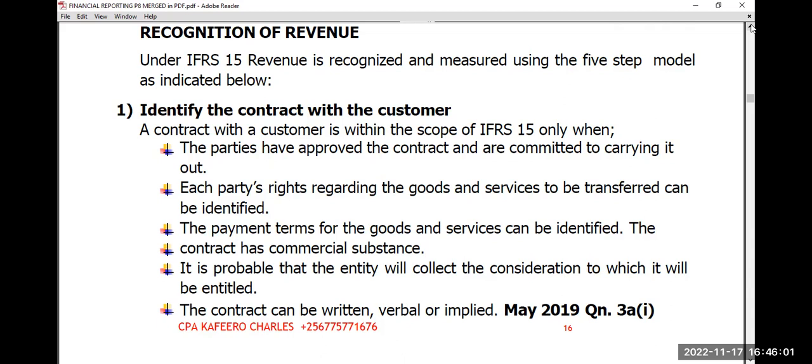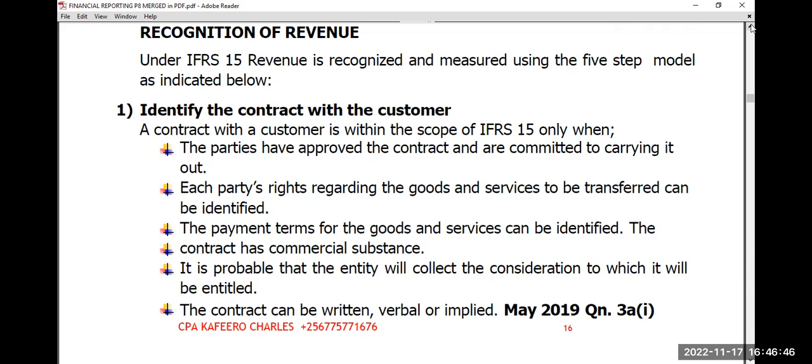Then the second one we are talking about is that each party's right regarding the goods and services to be transferred can be identified. And when you're talking about the parties to the contract, if maybe they are dealing in buying and selling, because that's mainly the things that we always do, these parties may include the buyer and the seller. If those parties, their rights, what they are supposed to do towards the contract is